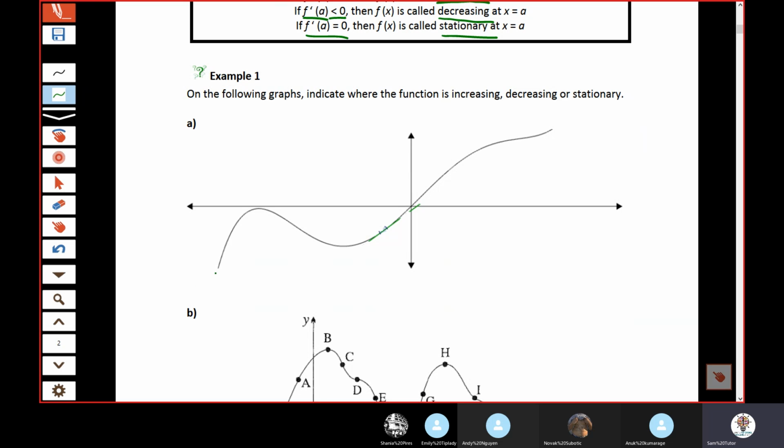Well, let's start from the left. What are you going to say this is? Increasing until right there. What happens there? Stationary point. That's 0. And then